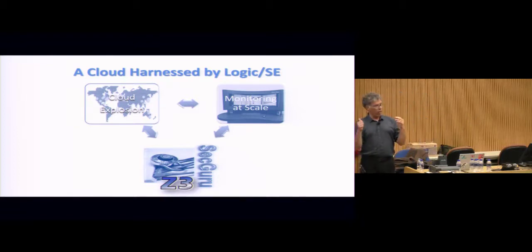What he would like to do, and the idea of network verification, is to deal with the cloud explosion and all the complexity that comes in keeping the cloud up and running by logic and good software engineering. He has a proposal to use tooling as well as monitoring at scale to basically keep the system on the straight and narrow. Again, we're going to have a specification of what it means to be a good data center. Then as people change the configuration of the actual data center, we're going to actively check to make sure the data center is still a good data center.